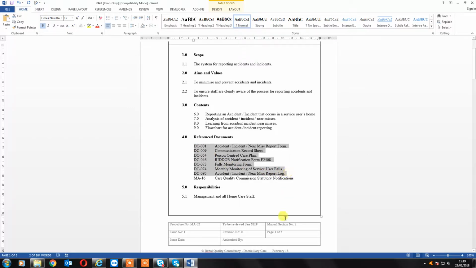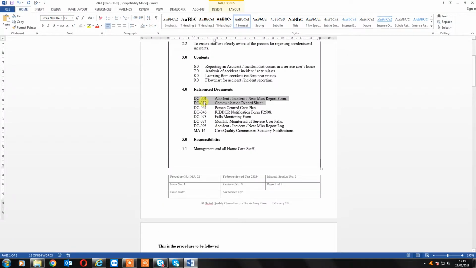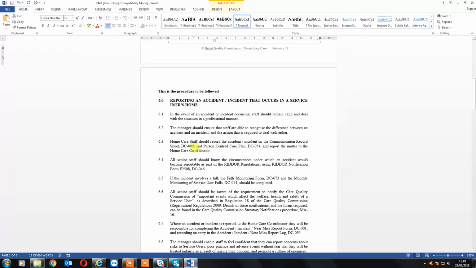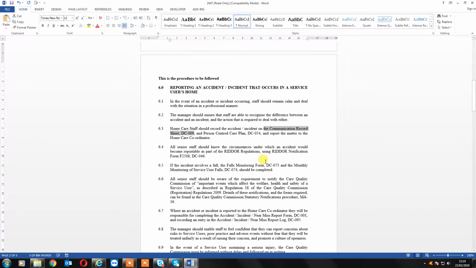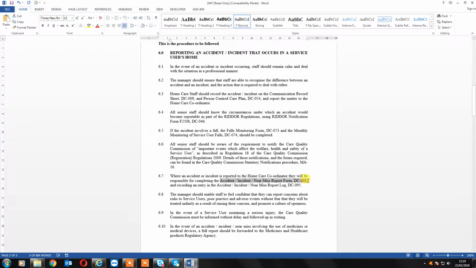Here we have forms in the procedure, DC, and as we go through the procedure, it tells us what documents to record on. I've just highlighted forms 1 and 9 there, DC 001 and DC 009, and as we read through the procedure, you will see those referenced in the text and where you should use them. And I'm going to show you how to locate them in a minute. There's form number 9, reference to, and here is form number 1, reference to,